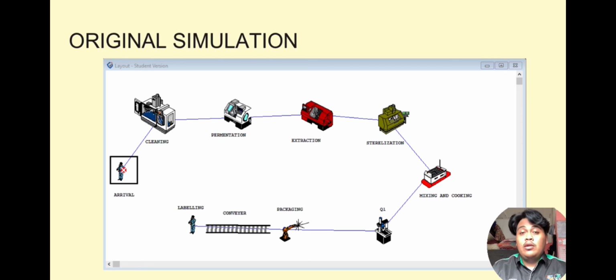This will make sure that all the materials have been mixed and cooked. And next, we go to the quality check. This will make sure that the product is safe and none of them have an error. Next, we go to the packing station. This station will put the material into the jar or the bottle. Next, we go to the conveyor process, and finally we move to the final station, that is the labeling process. That's all for me. Thank you.